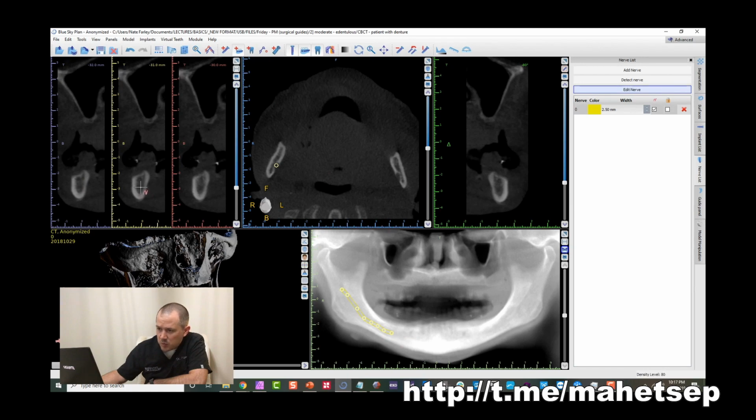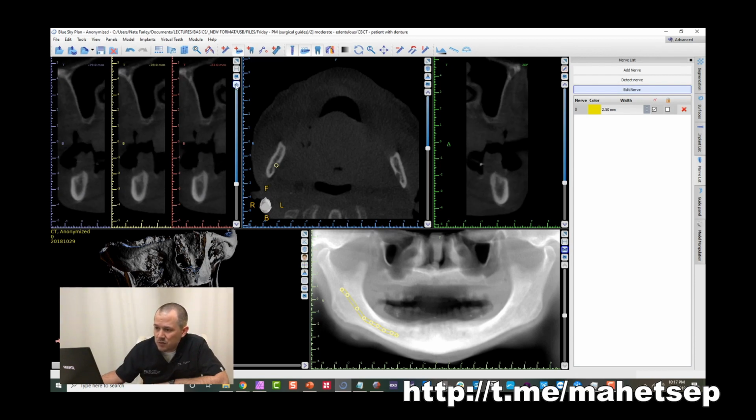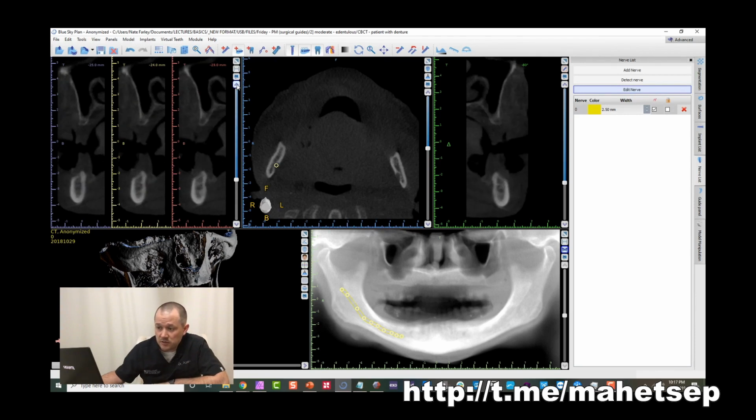Obviously, this is an important step when you're working in the mandible, because that's one of the biggest anatomic structures we've got to watch for when we're doing our implant planning. Best during surgery to expose the nerve so you can see it. Make sure that, especially if you're doing something like an angled,